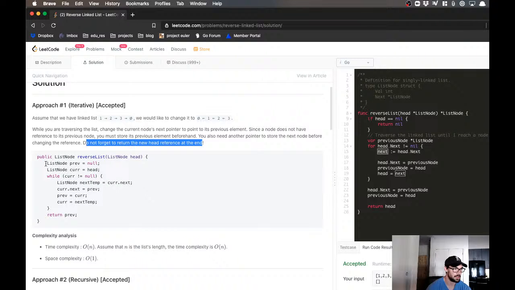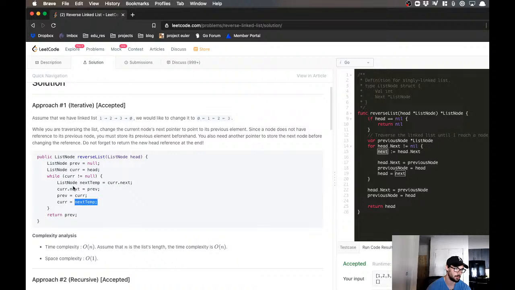So yeah, that's exactly what I'm doing. I have a list, I have a previous node I'm saving outside my while loop, and, well, there is no while loop. For is the same as a while loop. So while it's not null, list.next is temp. Save the next, then update the current.next to the previous, then set the previous to the current so you can have it for the next iteration, and set the current to the next, so step forward